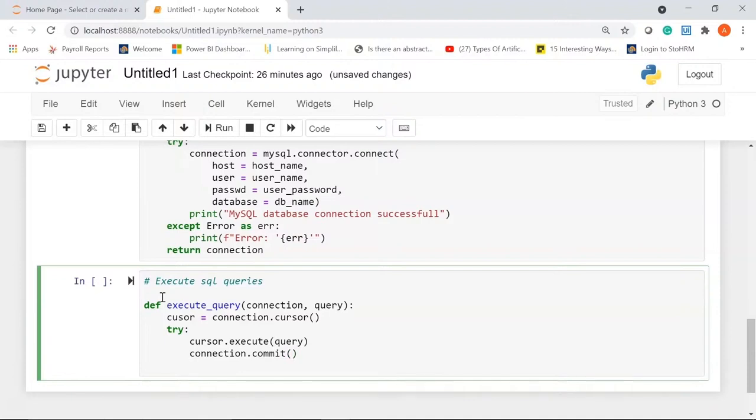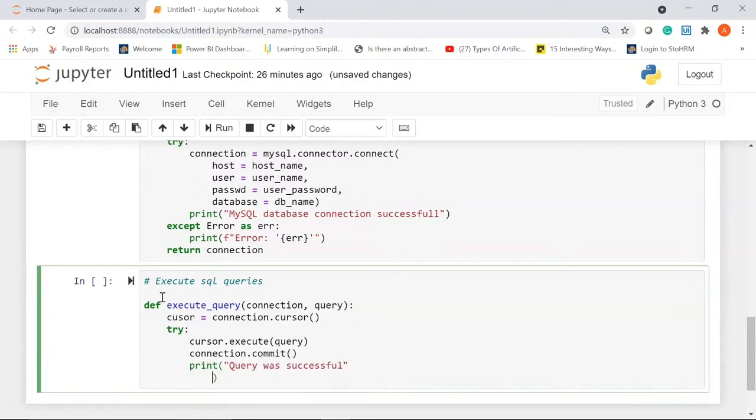Now let's use the print statement. So I'll write print, let's say the message would be query was successful,